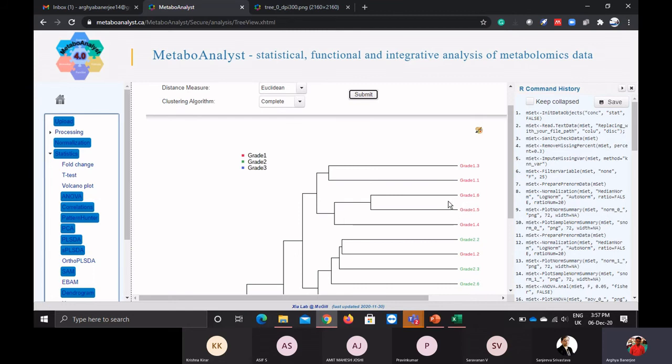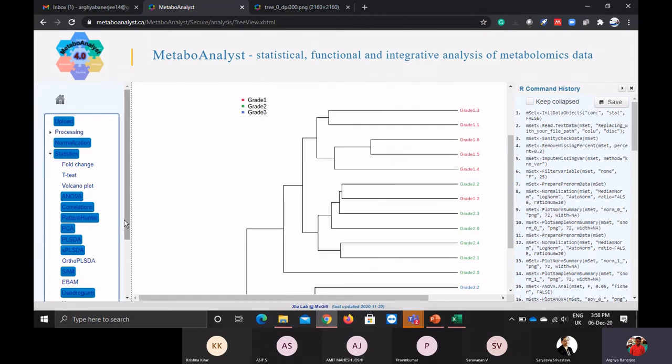This may suggest that this sample is in transformation from grade 1 to grade 2. This cohort of samples might get converted within a few times. Let me tell you, the data given to you is clinical data relevant to brain tumor samples for disease progression. There are three kinds of grades, grade 1, grade 2 and grade 3. It shows the transformation: you can quite clearly make out that this grade 1 sample is intermingling with grade 2, meaning it is going to transform in some way.